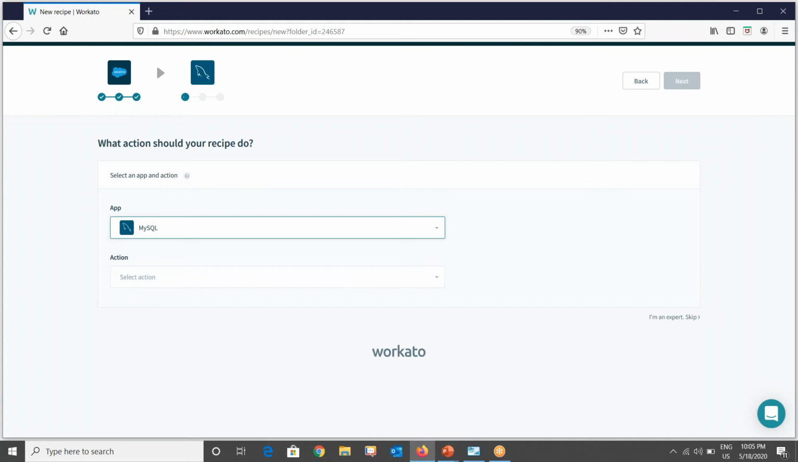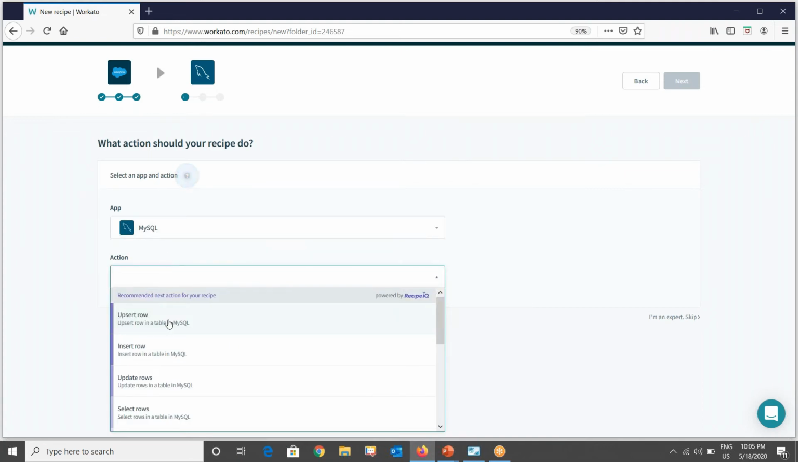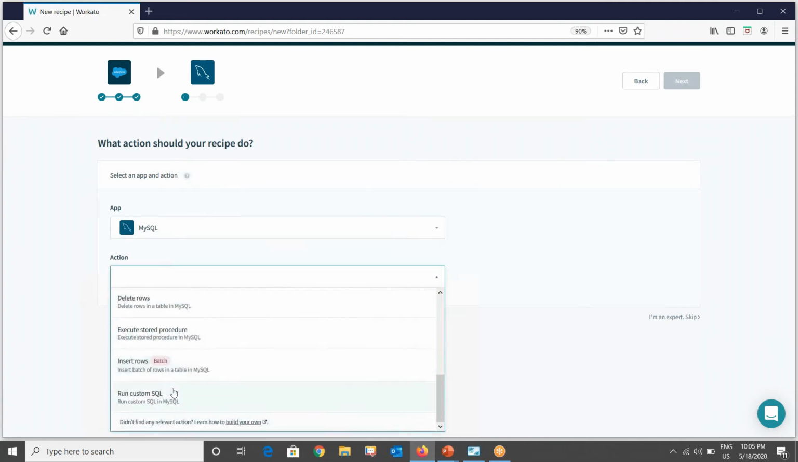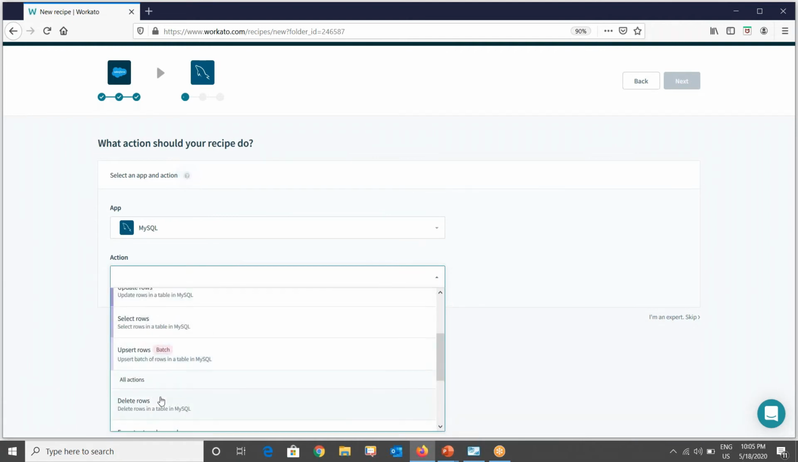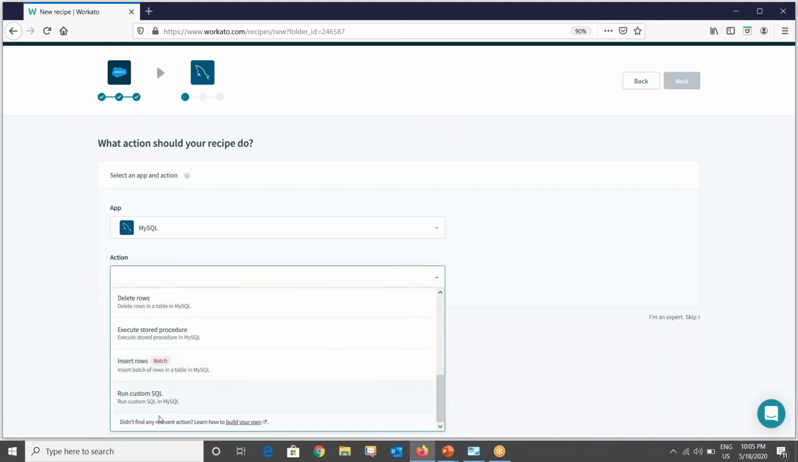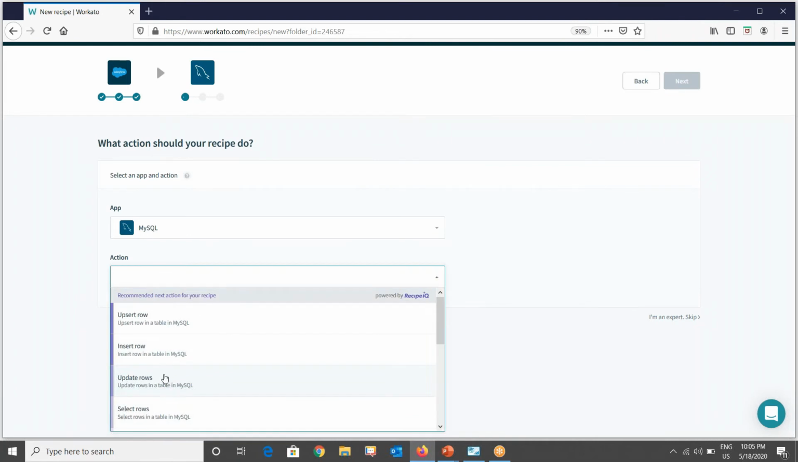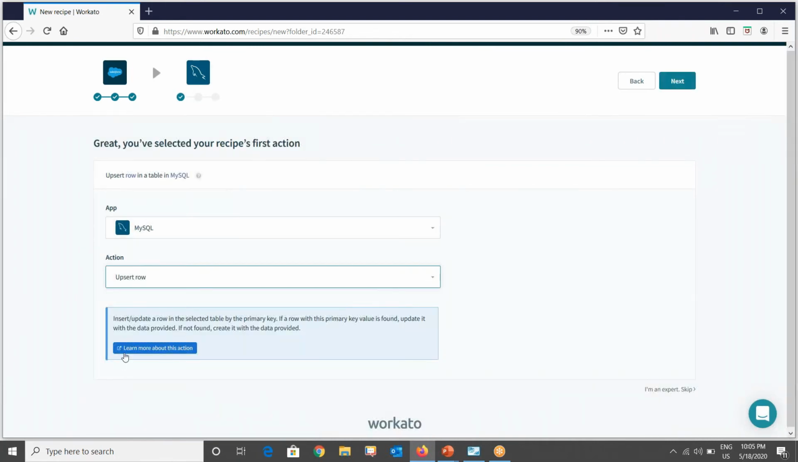Right? So for now I'll go with MySQL, and you can see the different actions that are available here. So you can upsert rows, you can update, insert, delete, etc. So I'll now go and say upsert row. I'll say next,